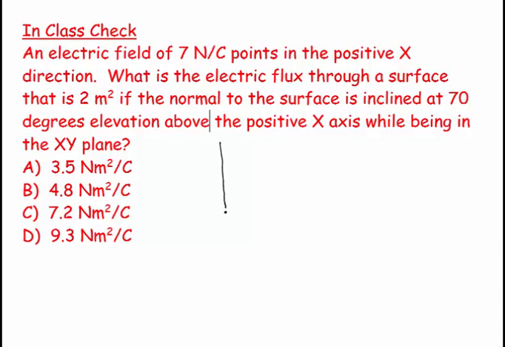Let's visualize. So here's our xyz. Here's our x, here's our y, and here's our z, three-dimensional space. And then I have my electric field. Let's draw our electric field like that. It's 7 newtons per coulomb in a positive x direction. And then we have our